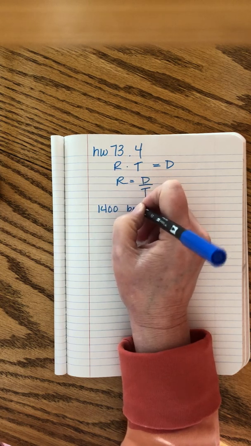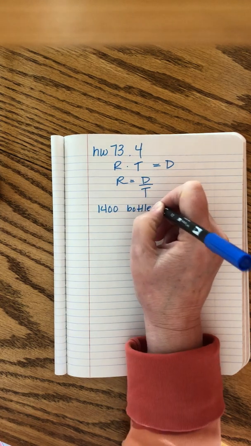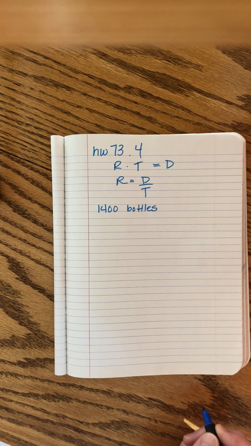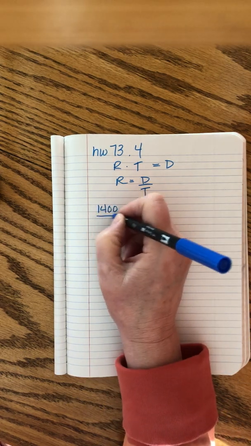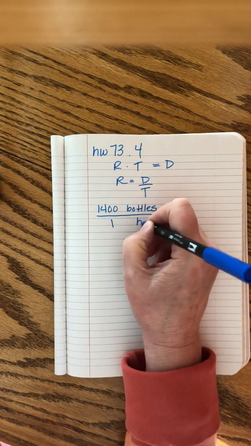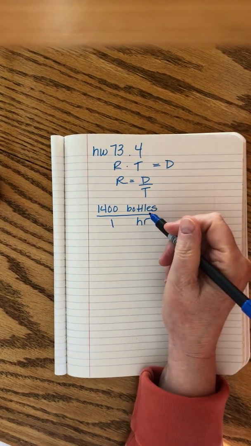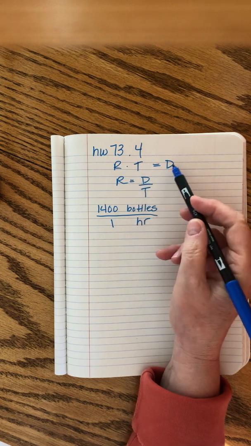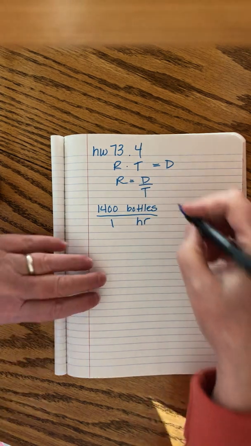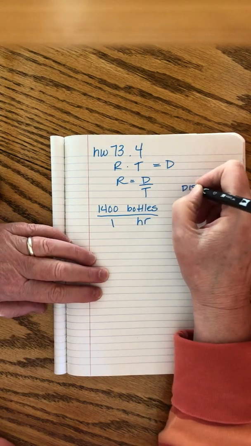1,400 bottles every hour. Bottles? What do bottles have to do with rates, times, or distances? In this case, and this is tricky,